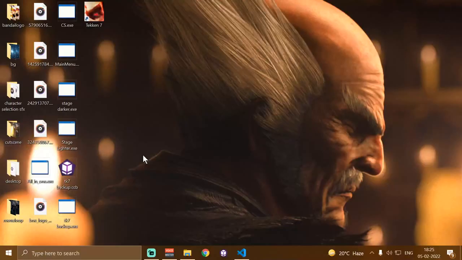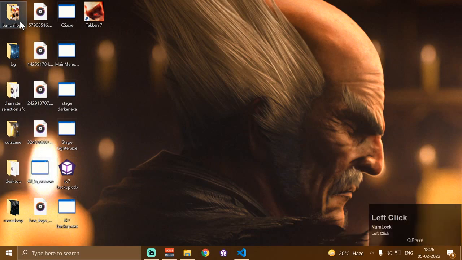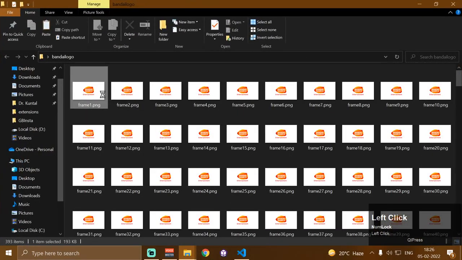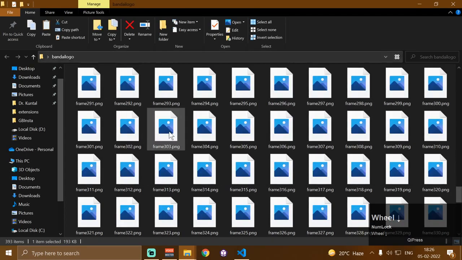Video playback. Sorry, the video playback is perfect. There was no lag. The audio synchronization is perfect. The audio was completely synchronized with the video footage, while there was no actual video footage. It was loading this Bandai logo image sequence here, which has around